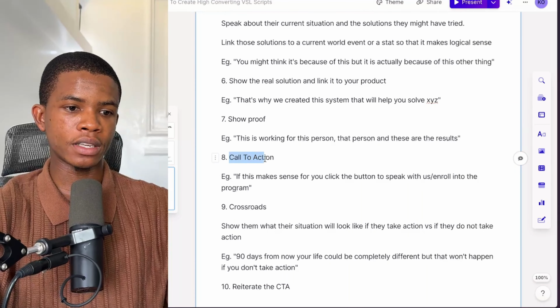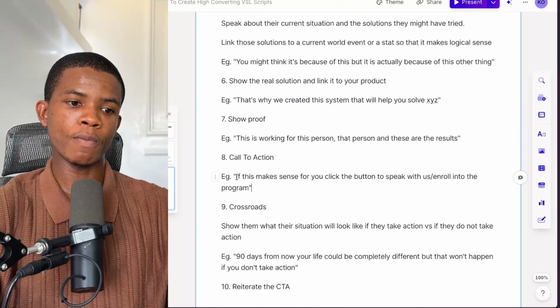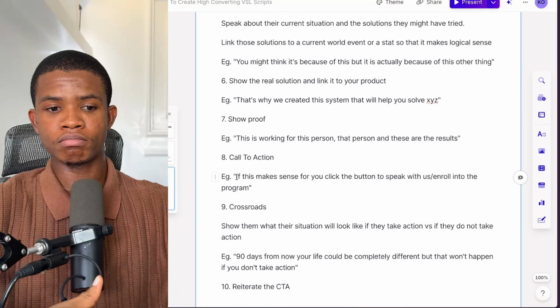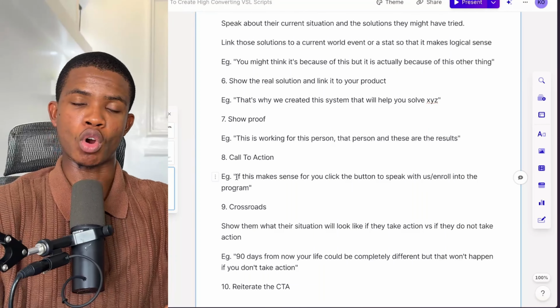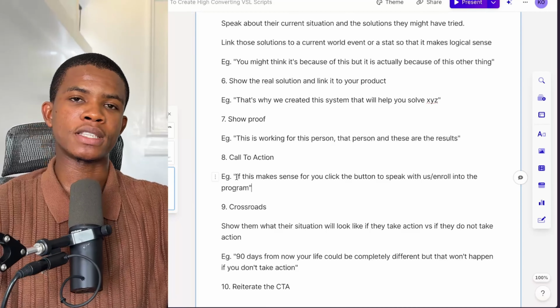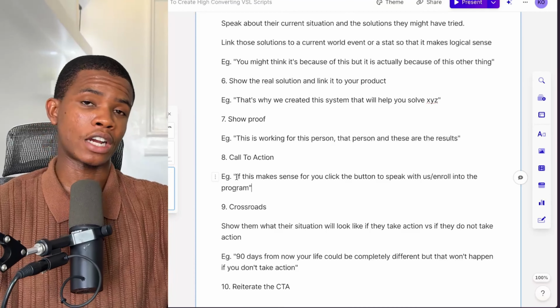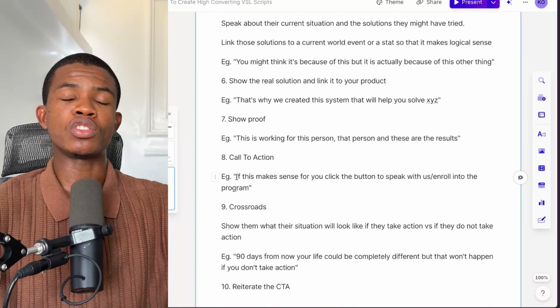Number 8 right here is the call to action. So for example, if this makes sense for you, click the button to speak with us and enroll to the program or book a call, whatever the case might be. And you don't make it sound needy. A lot of people sound needy, and actually I've made this mistake in the past myself. You need to make it sound like you're doing